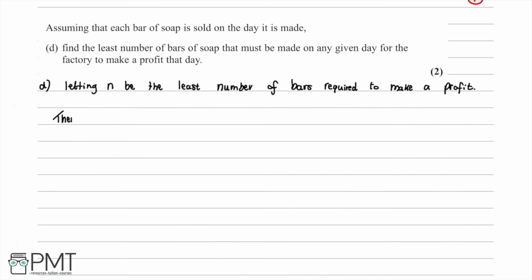Then what we can say is that 2n is going to be equal to 0.84n plus 428. And then dividing both sides by 2, we'll have that n is going to be equal to 0.42n plus 214. And then we can rearrange this equation to solve for n. So subtracting 0.42n from both sides, we'll have that 0.58n is going to be equal to 214. And then now dividing both sides by 0.58, we have that n is equal to